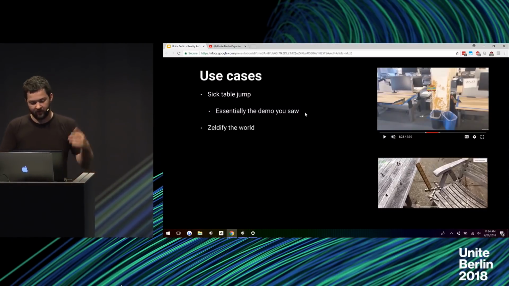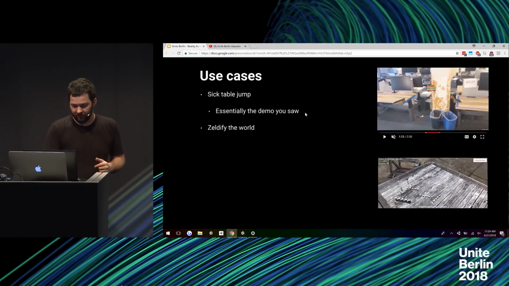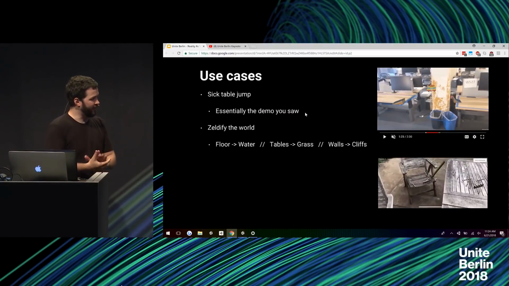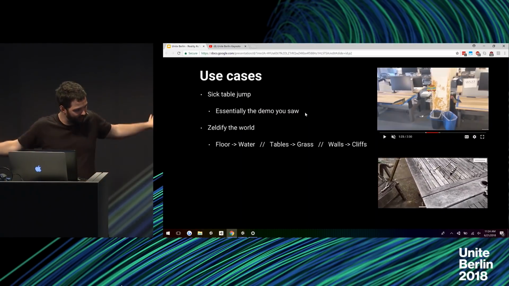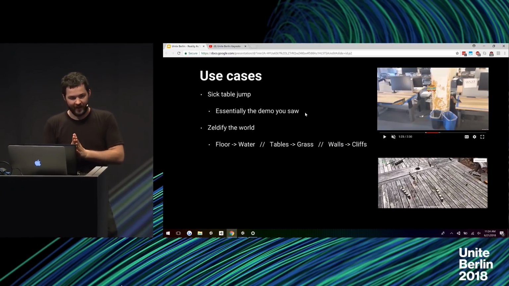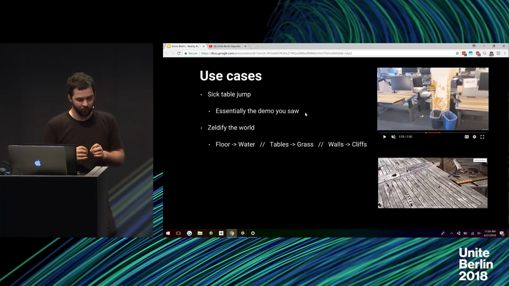And then kind of the next step up for use cases is what I like to call Zeldifying the world, where I want to take an RPG game and plaster my whole world with that game. And at its root, you can think of that as some kind of basic first layer rules, where I'm saying,